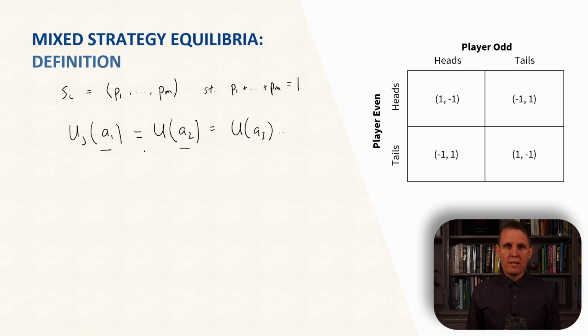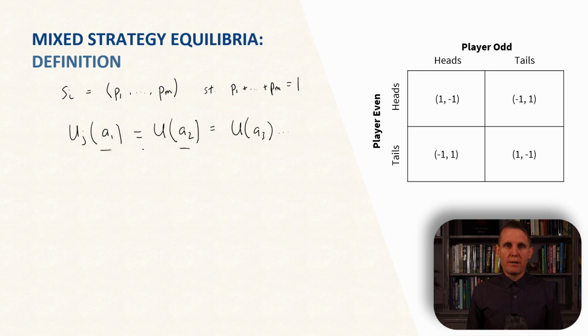They may as well choose either of them. So this idea of indifference becomes important for calculating the best mixed strategy for an agent in a normal form game. But importantly, we select the probabilities of our strategy such that it makes our opponent indifferent between the different actions